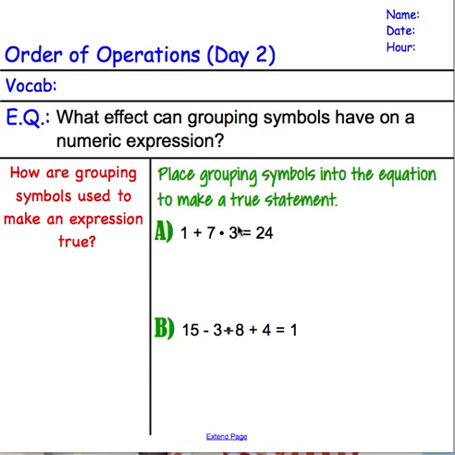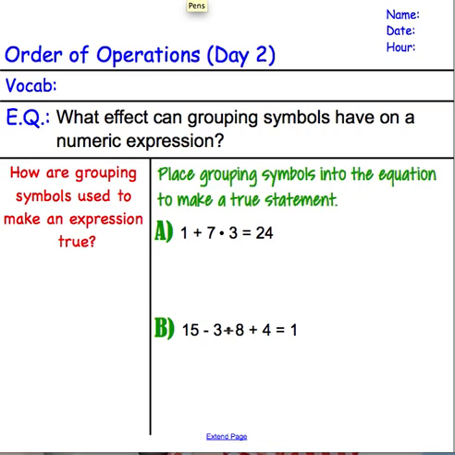that effect that grouping symbols have on this numeric expression. So as we take a look at these first two examples, we're looking at placing grouping symbols or parentheses into the equation to make this statement true. If we look right now at this expression, 1 plus 7 times 3, we look here and we get that